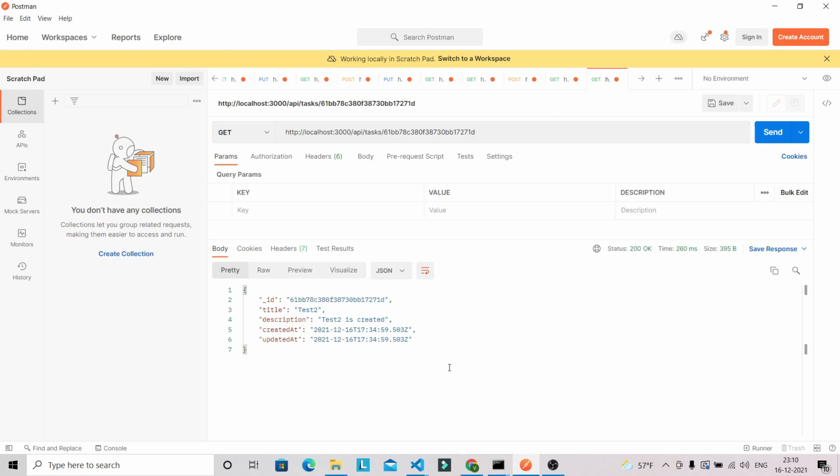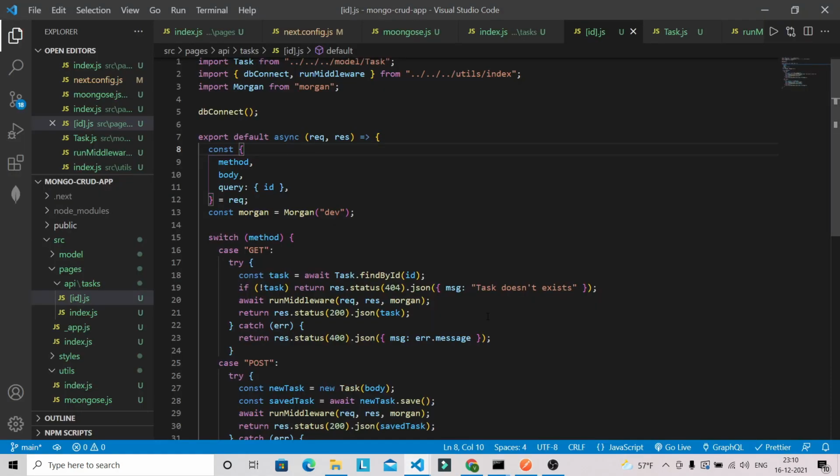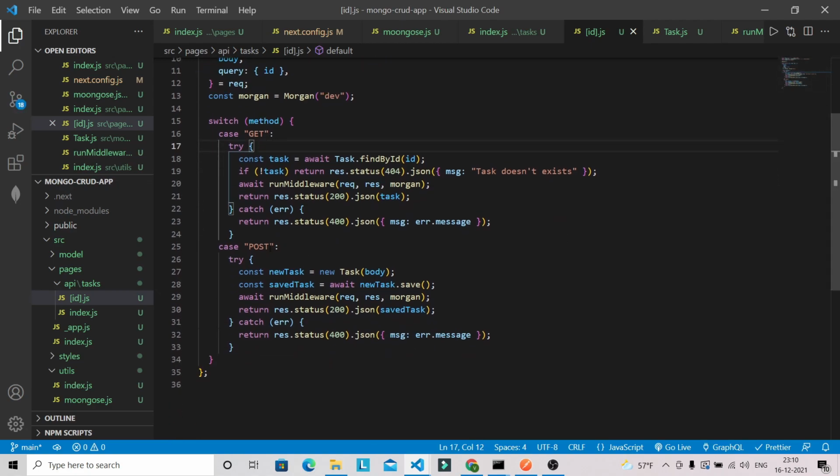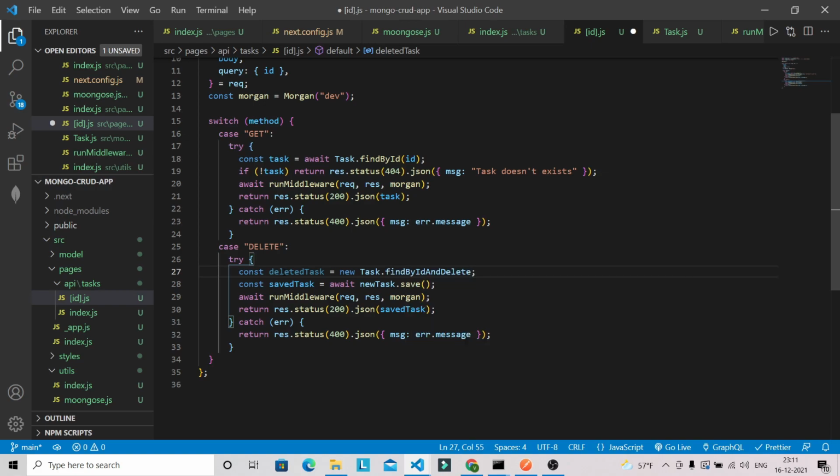Now we are going to perform the delete operation. So let's go into the VS Code, and now this will be the DELETE method. Okay, and let's change this one, so deletedTask, and here we are going to use the query findByIdAndDelete.